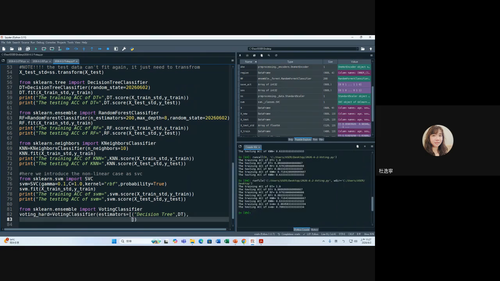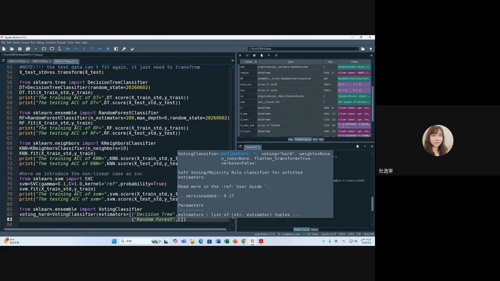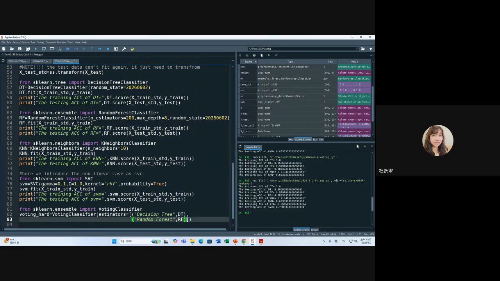Second, random forest, comma, the third one,